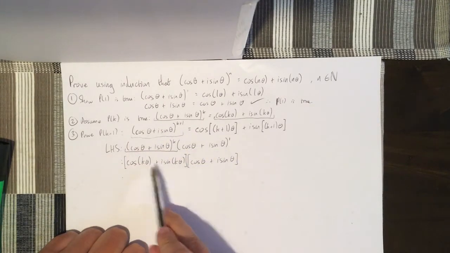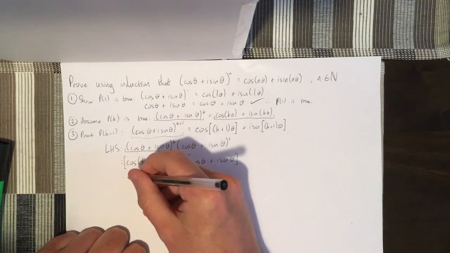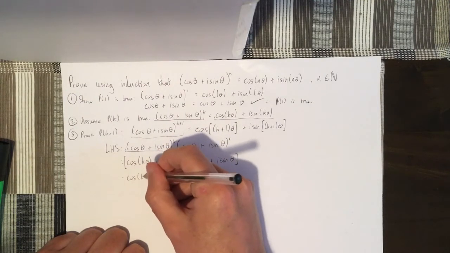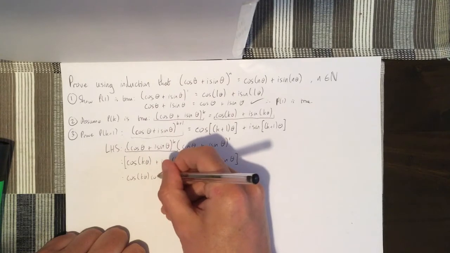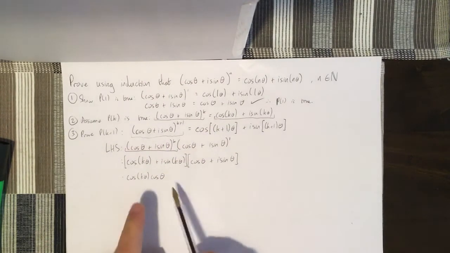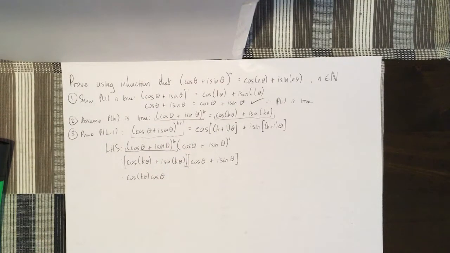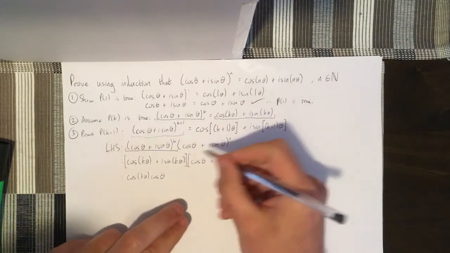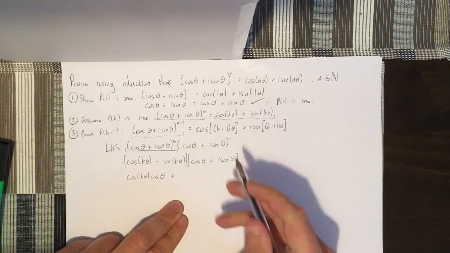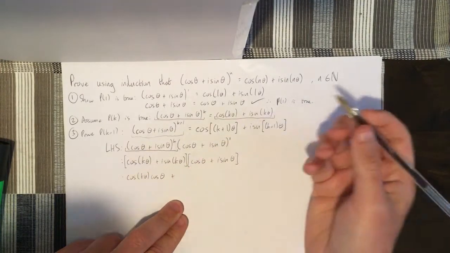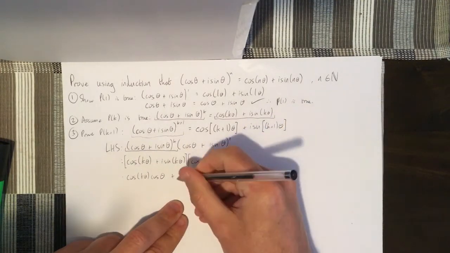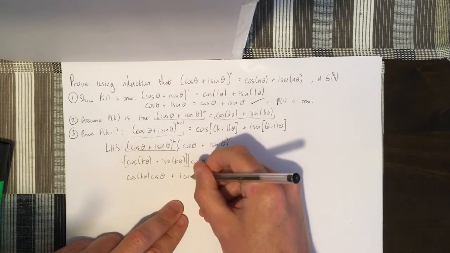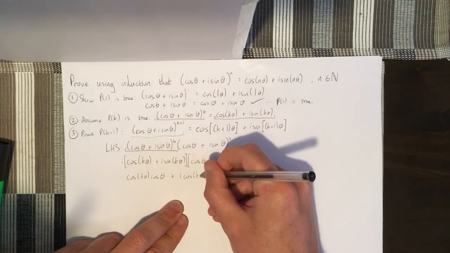So cos k theta by cos theta is just cos k theta cos theta. Okay, the angles are different, so you can't do anything with those. It is just the product of the two of them when you multiply it together. Plus cos k theta by this is plus, you put the i out in front, plus i cos k theta